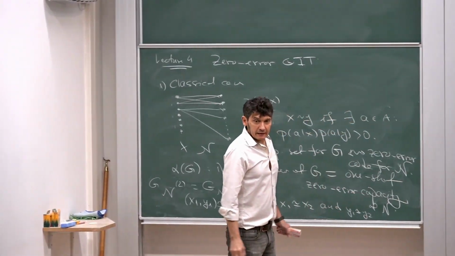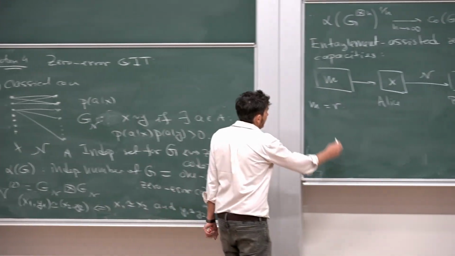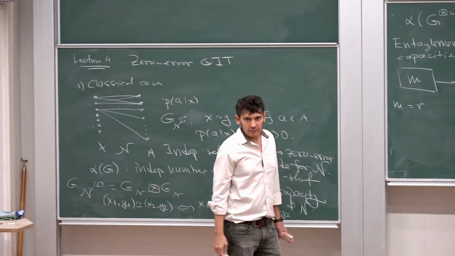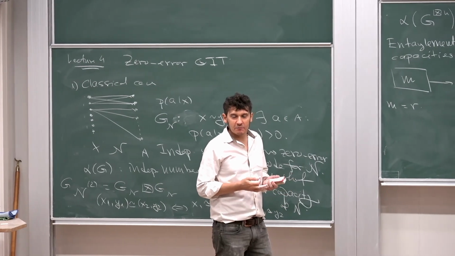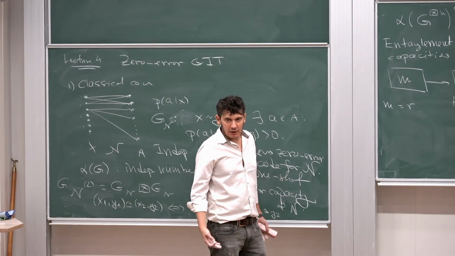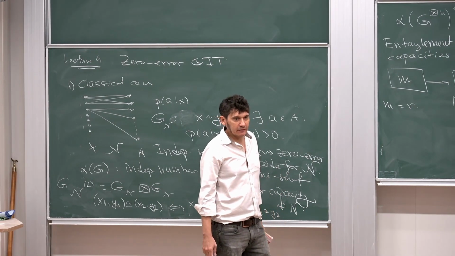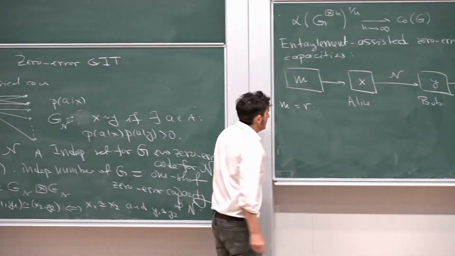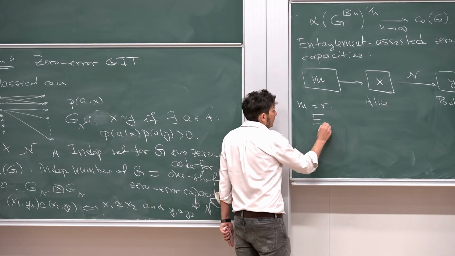Sharing some entangled state means that this encoding process here is not deterministic, but it's obtained through certain measurements on some part of Alice's entangled state. And similarly, the decoding is also obtained as a result of a measurement. So in other words, you will have some